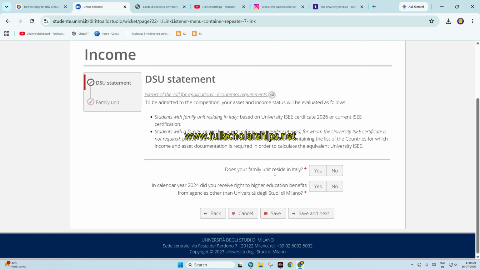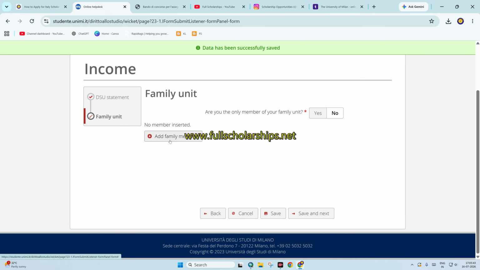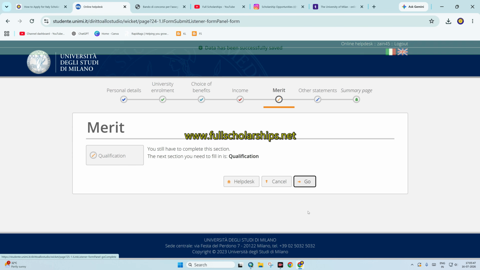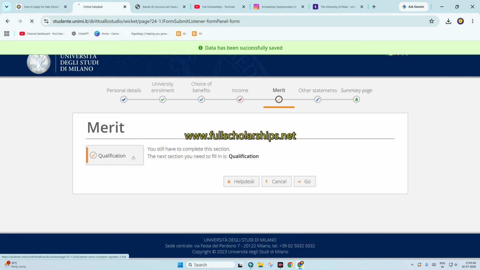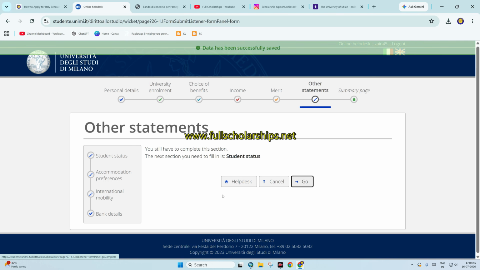Does your family unit have residence in Italy? So no. In calendar year 2024, we received no. Save and next. Are you only, so no. You can add family member here, so you can just say yes or no. And then qualifications, indicate your status, graduate already, bachelor's.